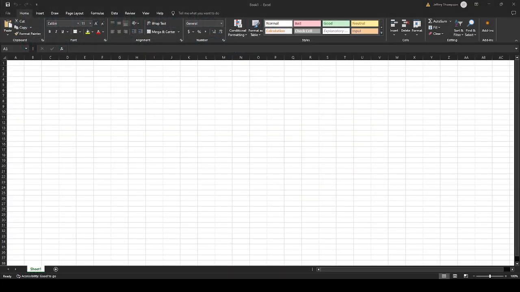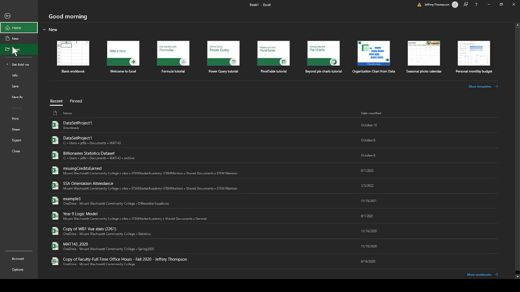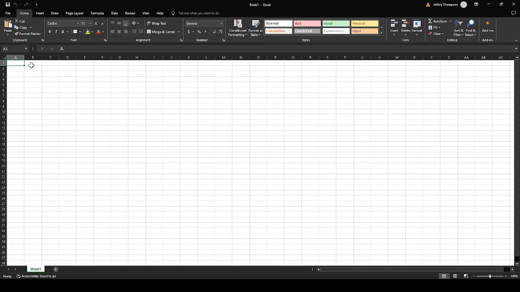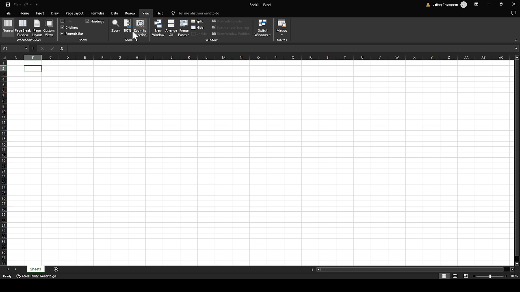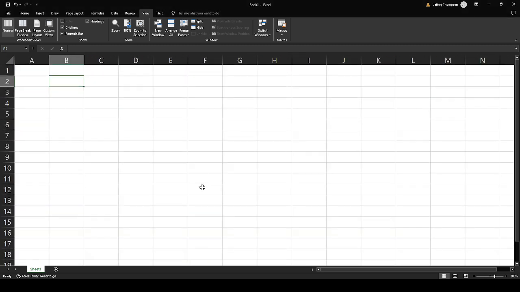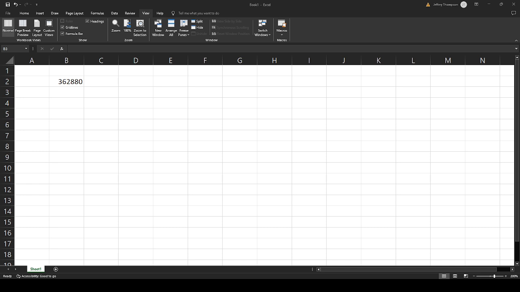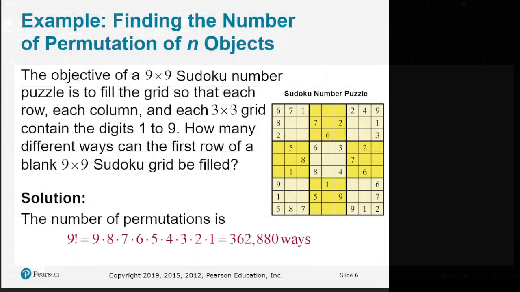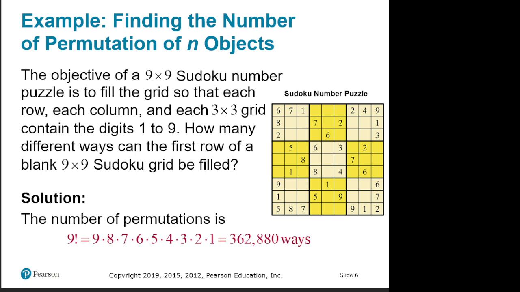So if I switch over to Excel here, oops, let me close this, go back, sorry, and let me increase my view here so that we can see what I'm typing. If I want to do any factorial, I have the FACT command. And so factorial 9 does the calculation for me here. And we should see that that is the same as what we would get from a calculator. So we have the ability to do factorial calculations,